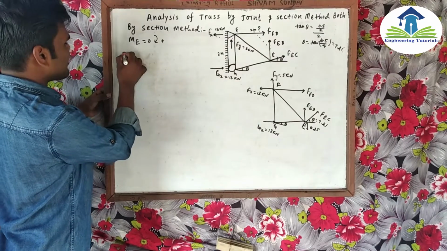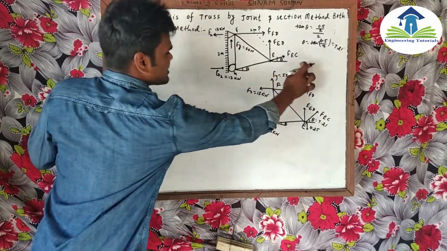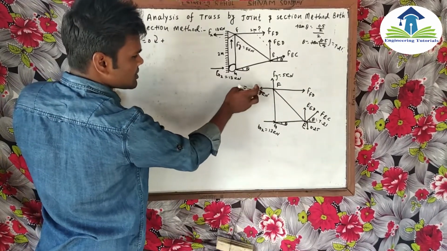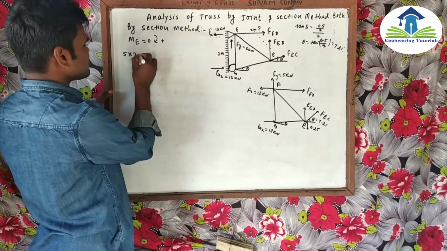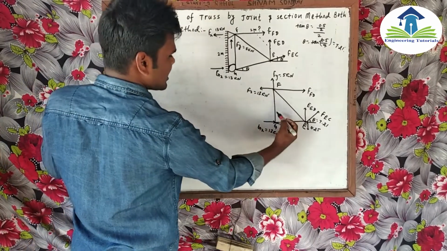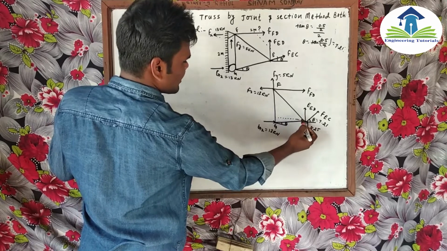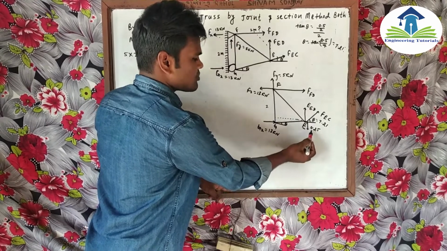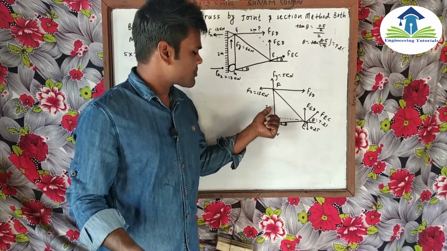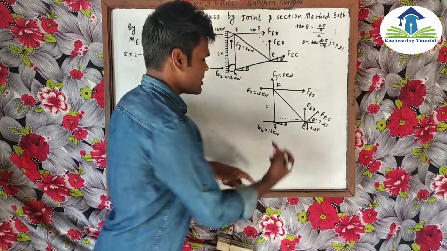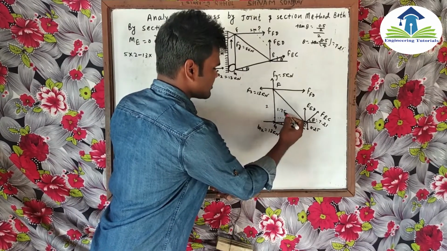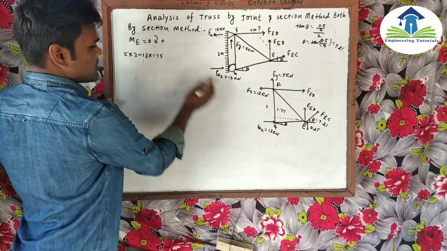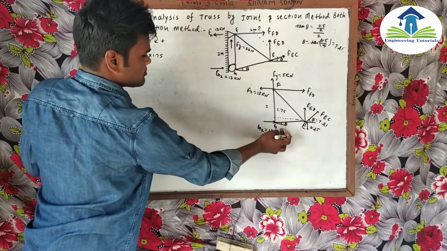So let's start: 5.2. This force can generate a moment at point E. This force generates like this, so it is positive. And 13 is negative. The 13 kN force acts at what distance? This distance. The total distance is 2, and 0.25 is subtracted from 2, so this value is going to be 1.75. So 1.75, and this force is also going to be negative.